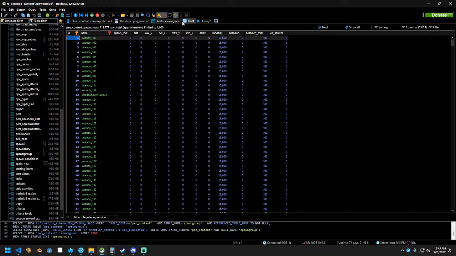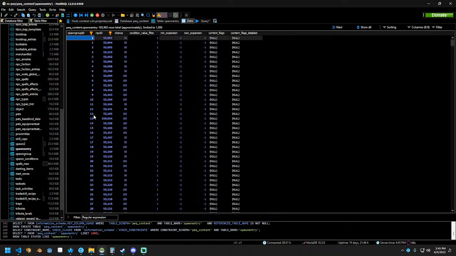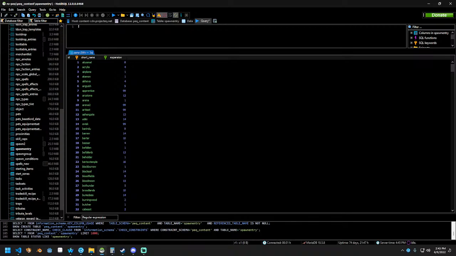And this is more of just like a data entry one. What you really care about is called spawn entry. And spawn entry then maps the NPC type ID to the spawn group. Okay? So your table query, I'm going to do it pseudo. I'm not going to do the whole thing, right? It's going to be like this. You know, select, let's say, zone short name, right? Comma, name, right? From,